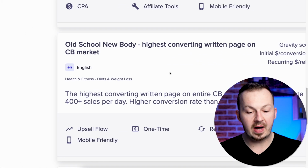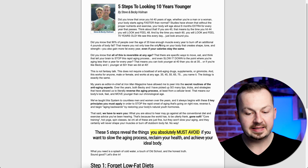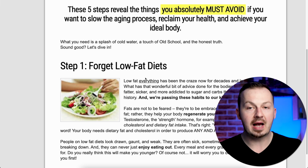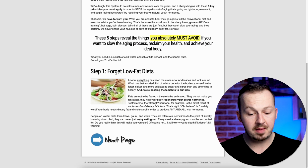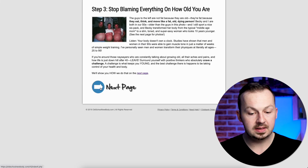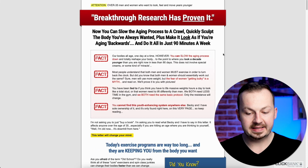And also, one of the reasons why I've been promoting this exact product is that if you go to their sales page, you can see that this page is providing value first. It's going to give you 5 steps how to actually lose weight before even trying to sell you anything. So as you can see right here, you've got step number 1. If you go to the next page, there's step number 2, step number 3, step number 4, step number 5, and if you click on next, now you get to the sales page that's going to be